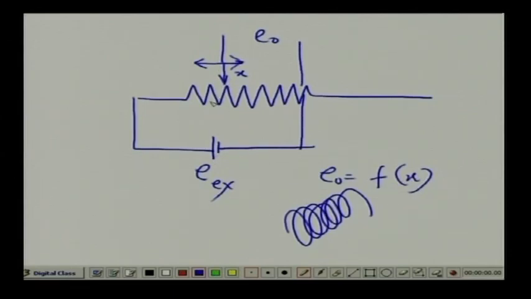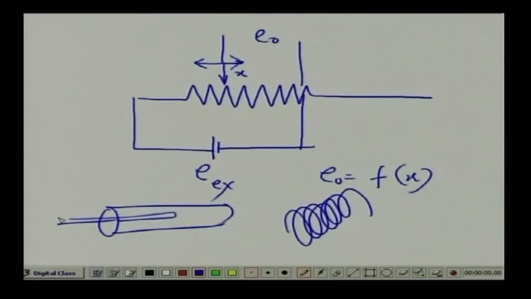That type of case does not arise in the LVDT, because I have a core and a bobbin, and inside the bobbin this core is moving, is it not? So, there is no physical contact. So, life is almost infinite; you can say the mean time between failures is very high. Moreover, resolution is also high, because the resolution value here is very small. Small means